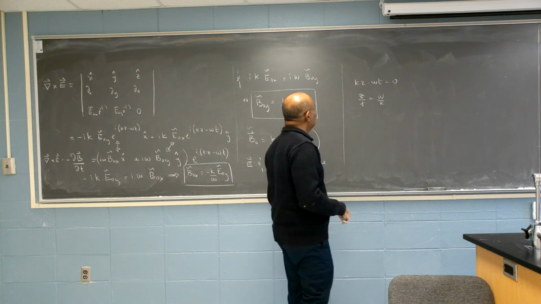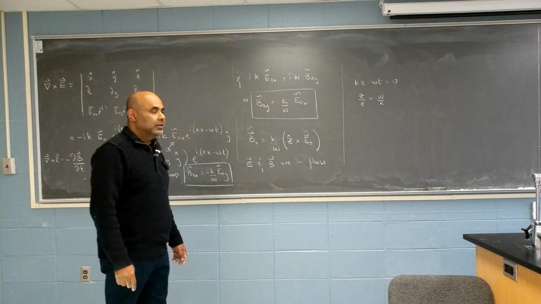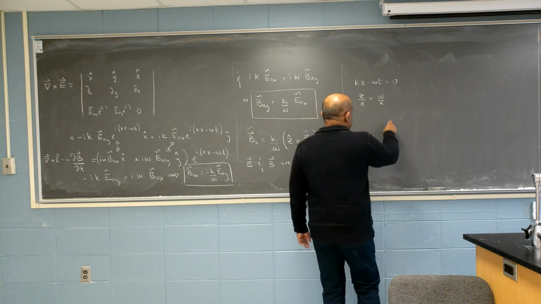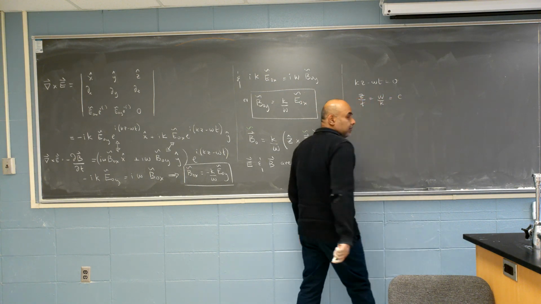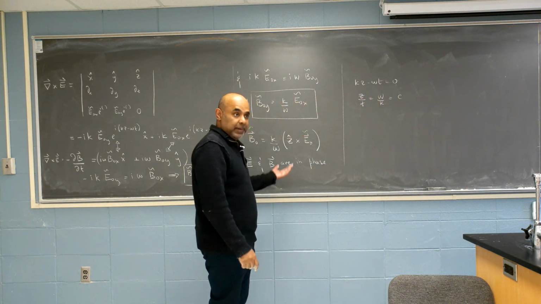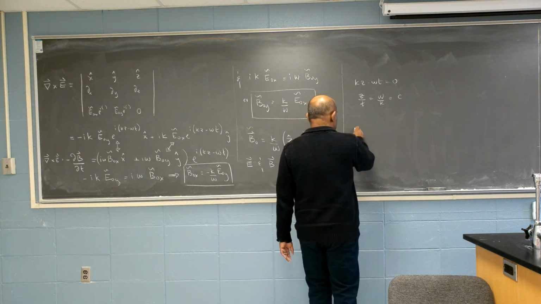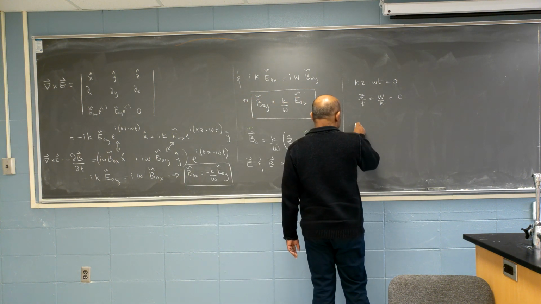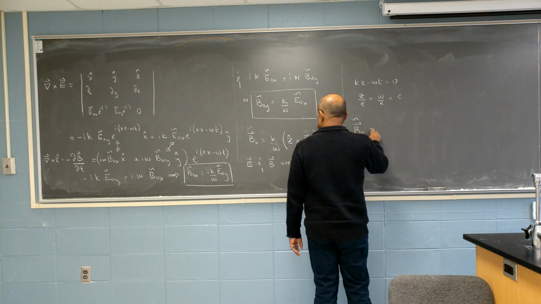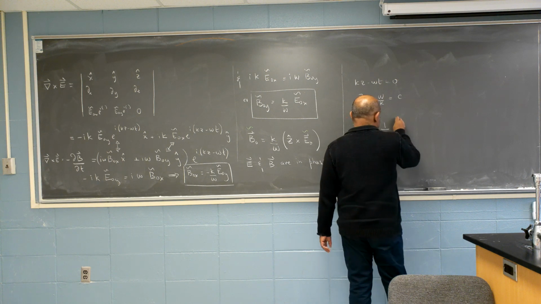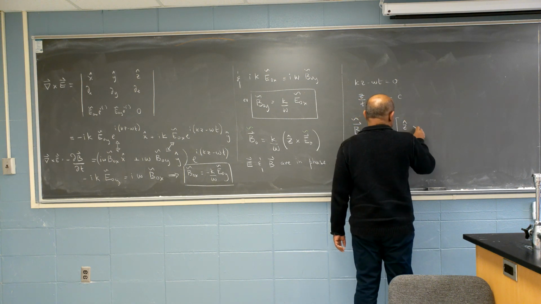Is that true? z over t is omega over k. Yeah? So that means this is c, the speed of the wave, which we have already confirmed. So I can also write this as B0 equals k over omega, 1 over c, z hat cross